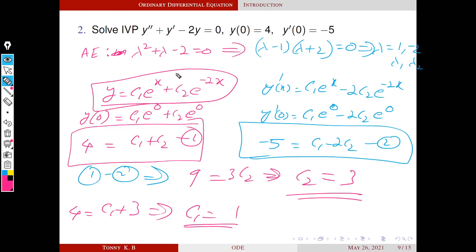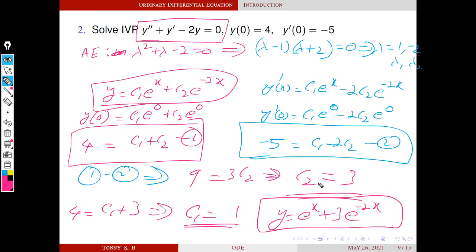General solution means it is a solution for this differential equation alone, where c1 and c2 are arbitrary. We have to find a particular solution which satisfies this extra condition also. Applying these two conditions, we have c1 equal to 1 and c2 equal to 3. So you plug these values into this expression and you get the final solution. The solution satisfying all these conditions is y is equal to e raised to x, since c1 is 1, and c2 is 3, so 3 e raised to minus 2x. We just plug c1 and c2 into this expression to find the final solution.